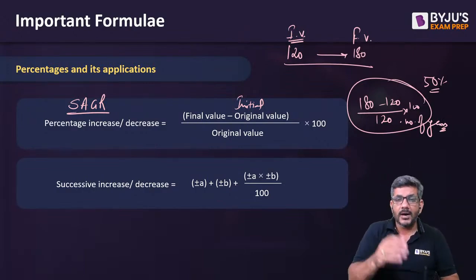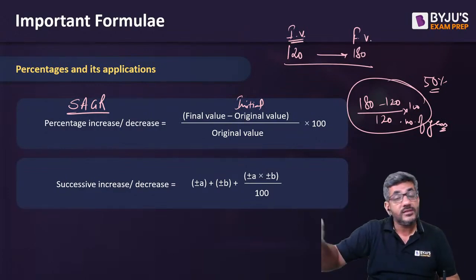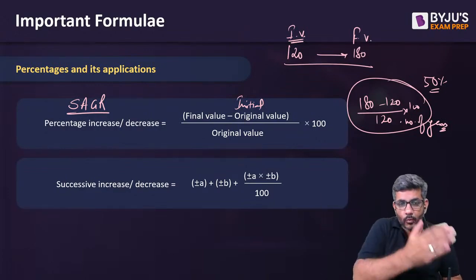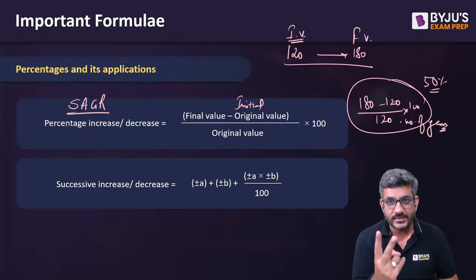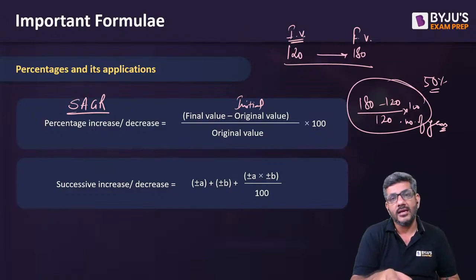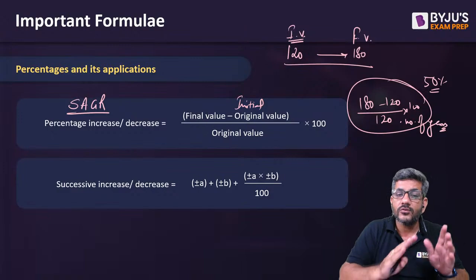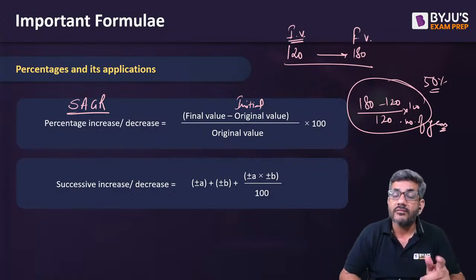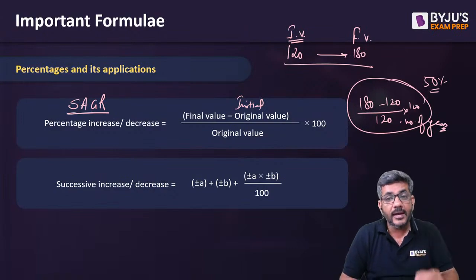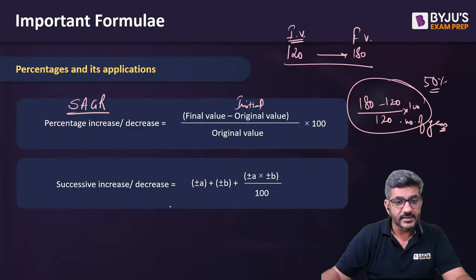Suppose a value is first 120, then it becomes 150, then it becomes 180. This does not mean there are 3 years. 120 to 150, 150 to 180. So changes are happening twice. So we'll divide by 2 to get the SAGR. So if this 120 and 180 are figures for 2010 and 2012, you can say the SAGR would be given by 50 divided by 2, that is equal to 25%. That's what percentage increase or decrease is there.